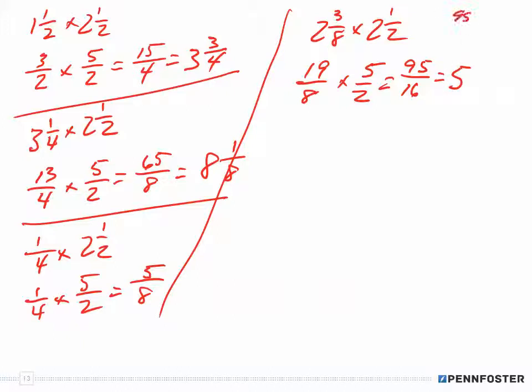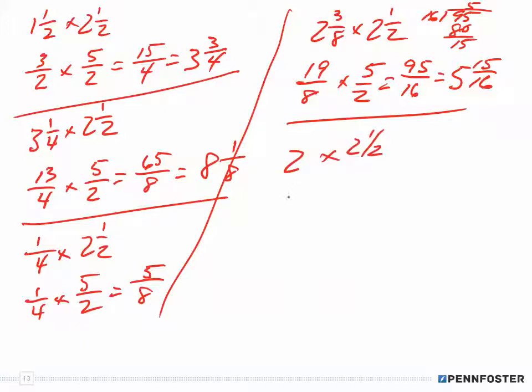So 95 divided by 16 is 5, so that's 30, 80 with 15 left over. So I have 15 in the numerator and 16 in the denominator. So I need 5 and 15/16 cups of sugar. And lastly, 2 teaspoons of